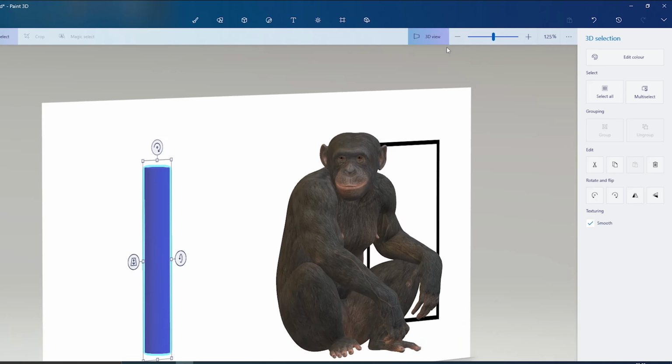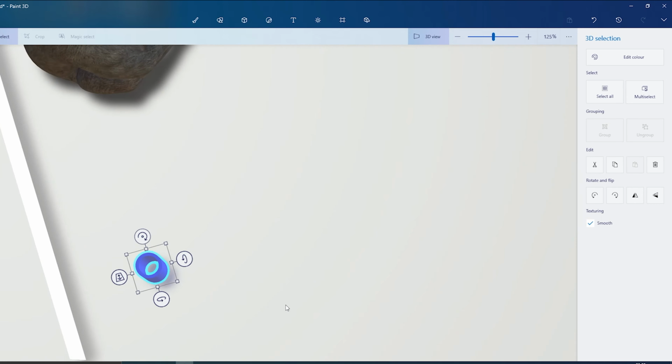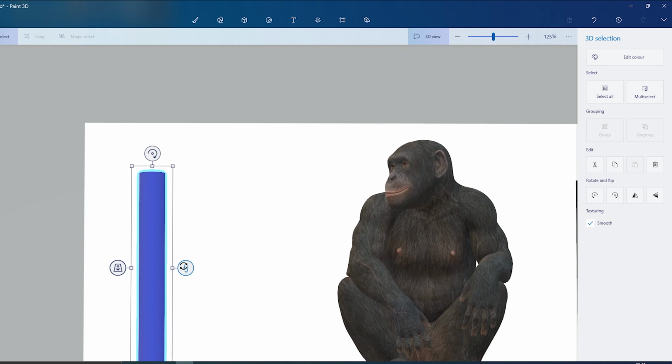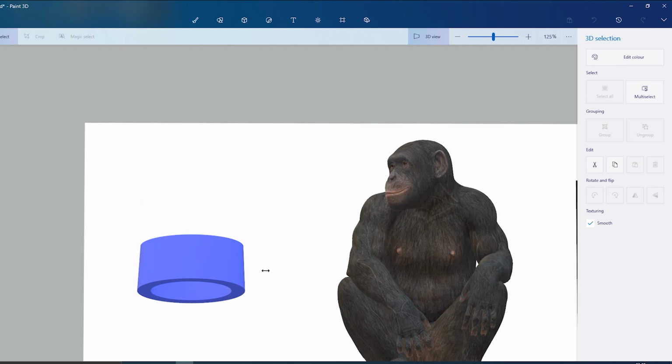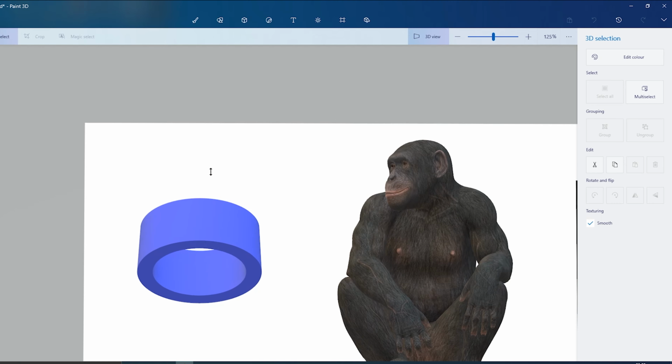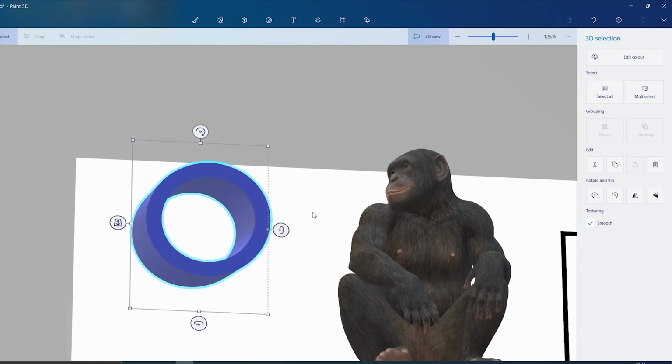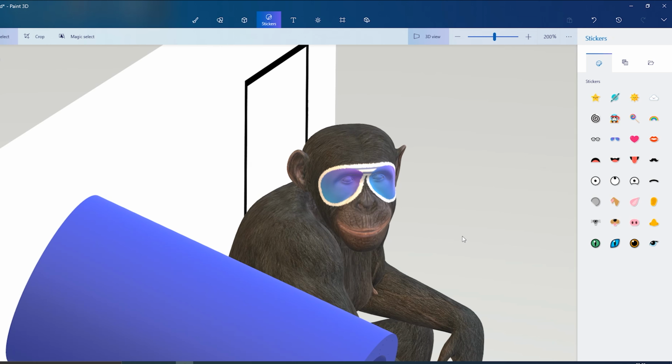You can see here, here is a 3D shape in the form of a cylinder. If you want to rotate this, then you can rotate it from here at any angle. If you want to change the size of this tube, then you can change it like this. So it is very easy to use. You can adjust this more precisely than me. This is the type of thing you can do with the help of this.